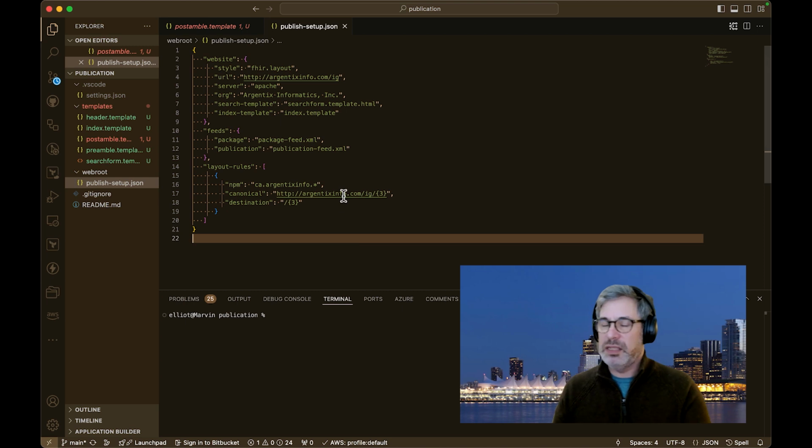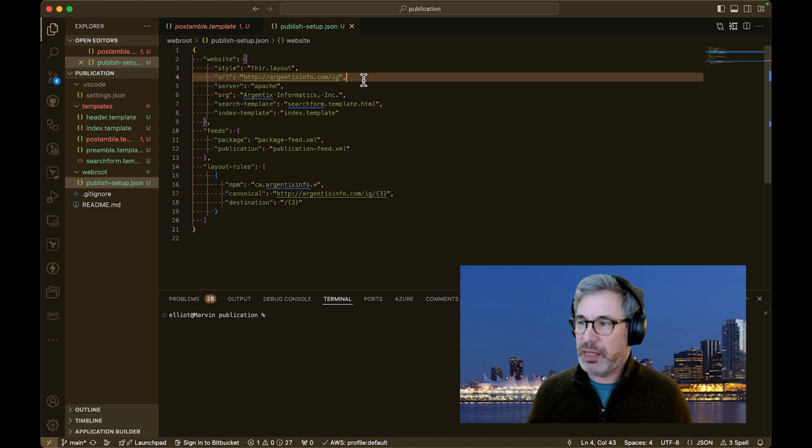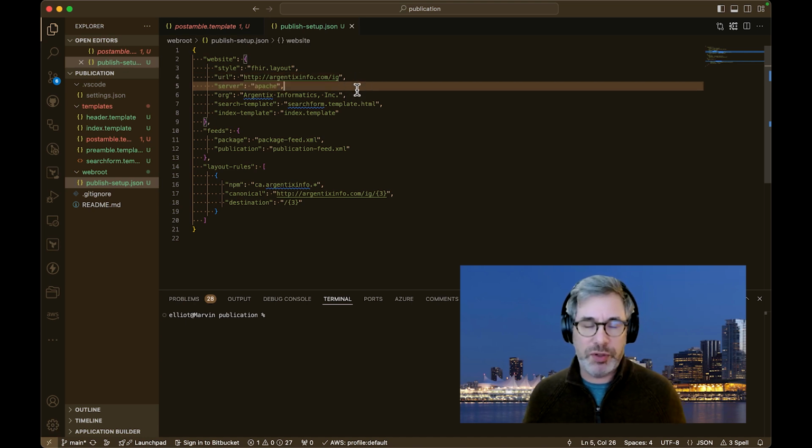And this file gives the publisher the information it needs about how your website is laid out. It's got the base URL for your website. It's got what kind of web server you're using. There's 3 or 4 web servers that the IG publisher supports, and it needs to know that in order to generate those redirects correctly. Where you can find certain content,